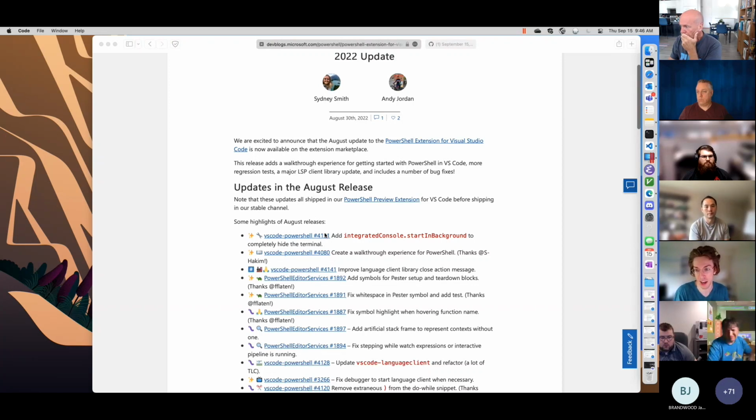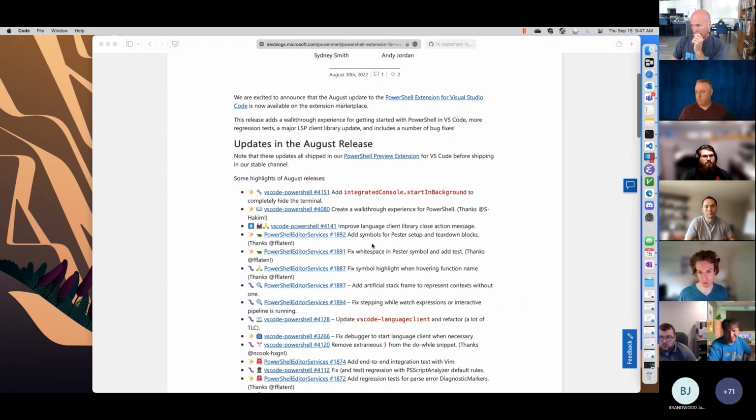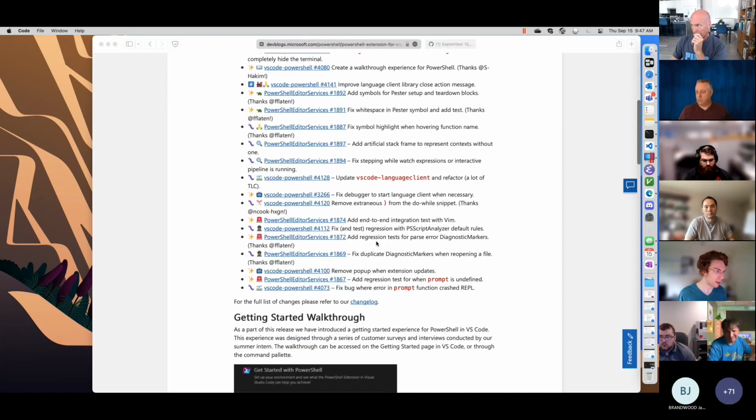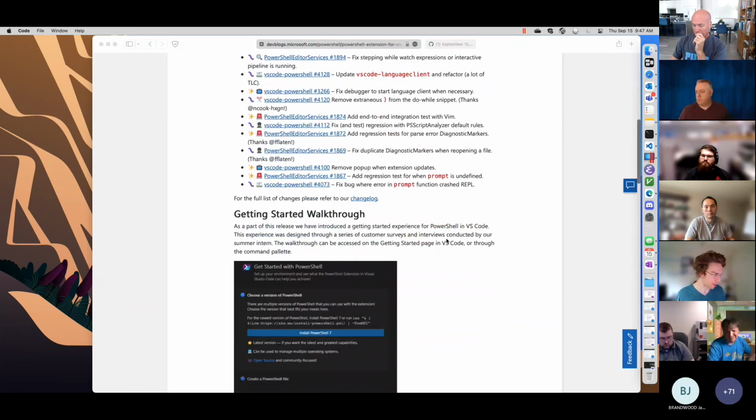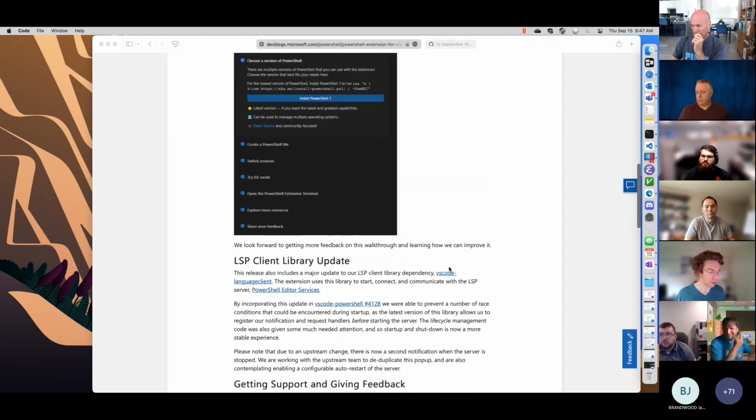We just had to update to get it. With that update, things are a lot more smooth. We are not seeing nearly as many problems with the server actually getting started and connected, because once again, we can have all of our handlers ready to go, like getting the version, and then start the process. So everything is ordered correctly now. That was really great to see. There was a huge number of bug fixes that made it into this release. More regression tests as always. And so yeah, that's pretty much it.